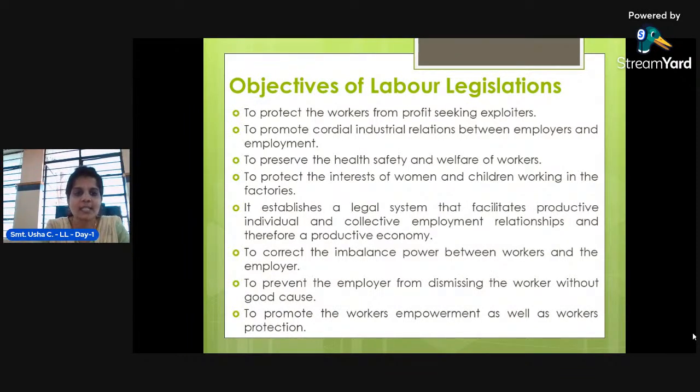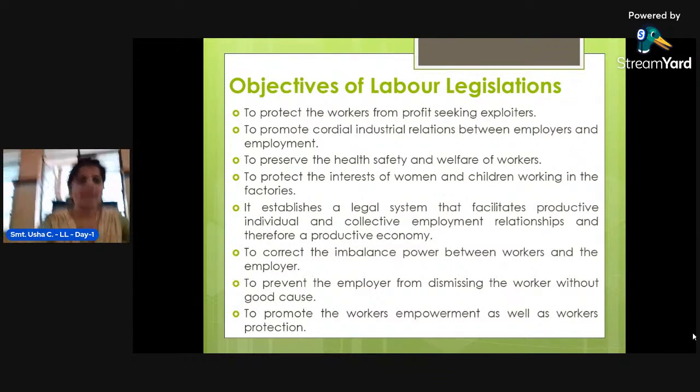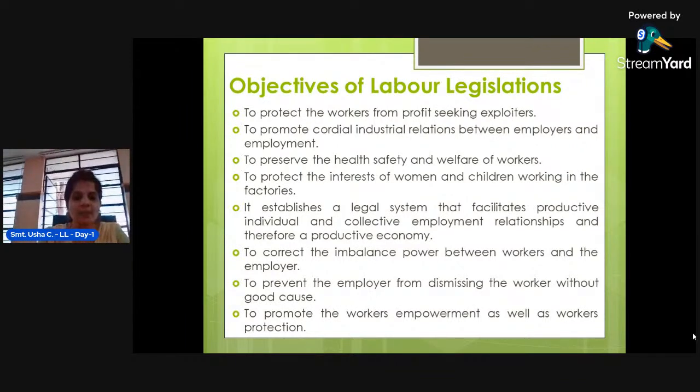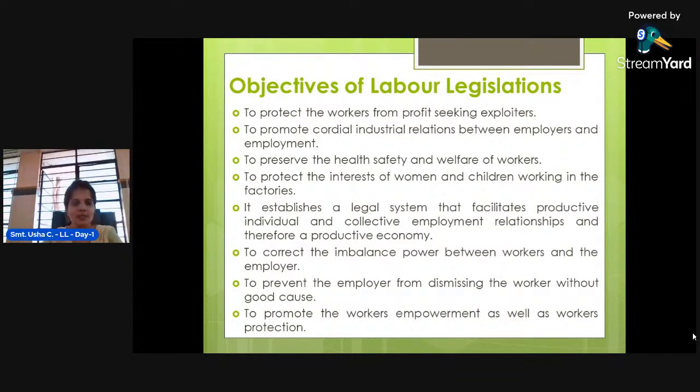So labor legislation came into force in order to protect the workers of the organization from exploitation, in order to protect the employees from exploitation. Okay, next is to